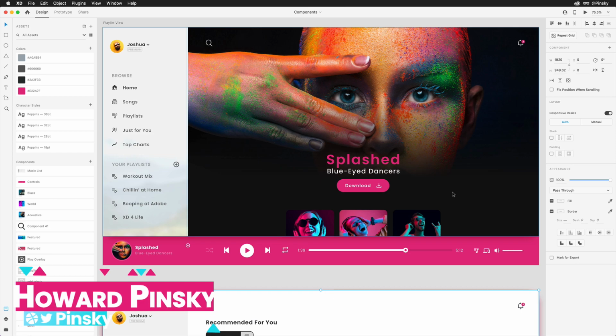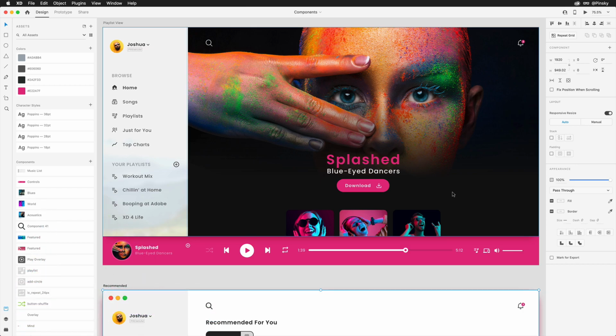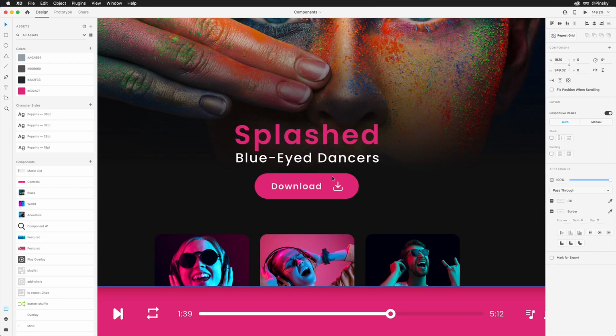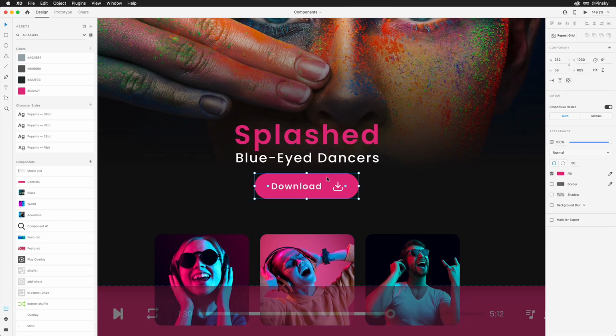On a basic level, Components allows you to save commonly used elements, like buttons and icons, within your Assets panel, so you can quickly grab one when needed. But their functionality extends far beyond that, offering resizability, overrides, and states. Let's take a look. In this first example, I have a simple button which I'll likely use on various screens.